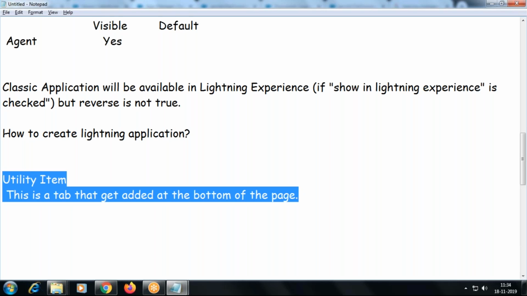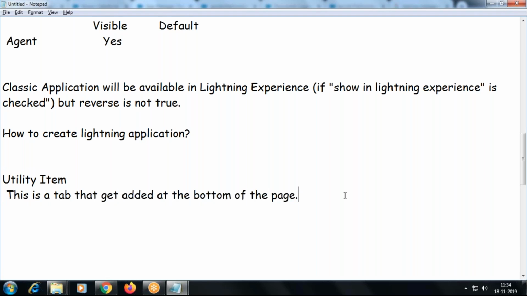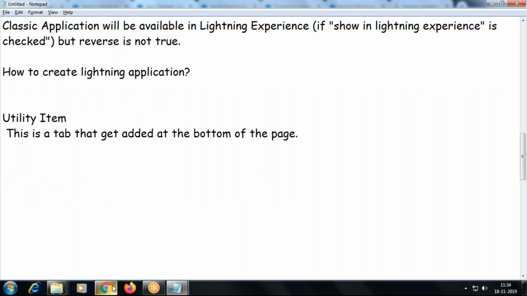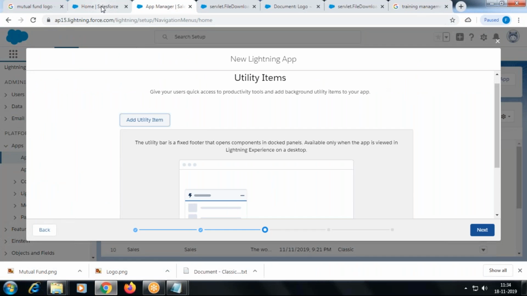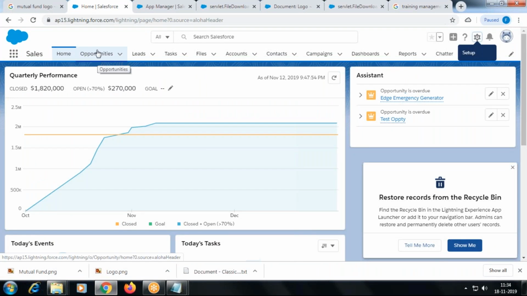So what is this? This is not the tab to be added at the header. It's going to be added at the bottom. Okay. It means when you go for a tab, when you click on a tab, I would like something to appear at the bottom always.